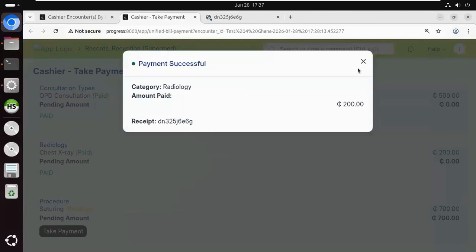The reason why we have the payments being done per the department, depending on the department, like radiology, consultations, procedures, and everything, is to help us in case a patient cannot pay everything at once. They can pay what is more essential for that period, and then maybe come back the next day to pay for other pending